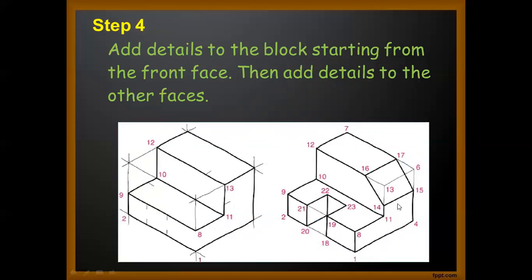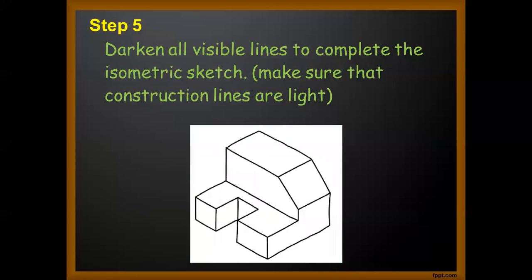Thereafter, we have to draw this slant surface. Okay, this is known as a non-isometric plane or non-isometric surface. In the case of non-isometric surfaces, we never take angles, we always take distances. So after drawing all these, we have to join all the points by dark lines or thick lines.